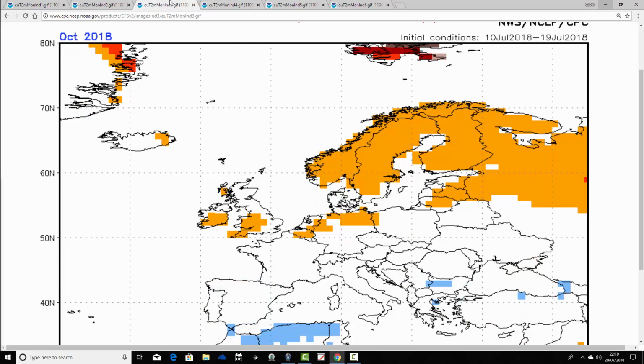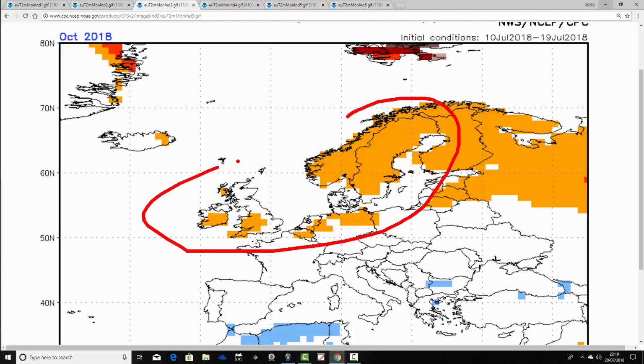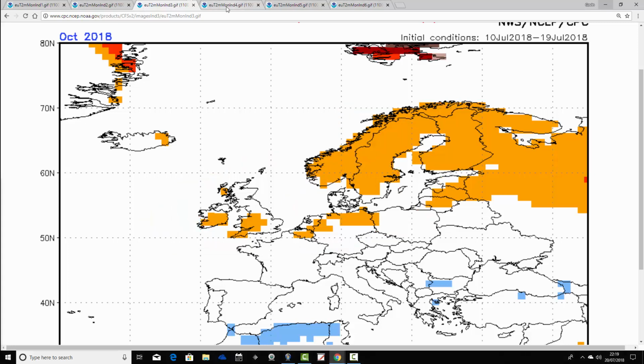That's October, and again we see that in October much of northern Europe is coming out on the warmer than average side. So I think we've got an area of high pressure that's from there and extending through to there as well. So after a cooler, and we haven't seen precipitation charts yet, but you'd assume wetter month in September, we go warm and dry again into October with the jet stream going up to our north in that sort